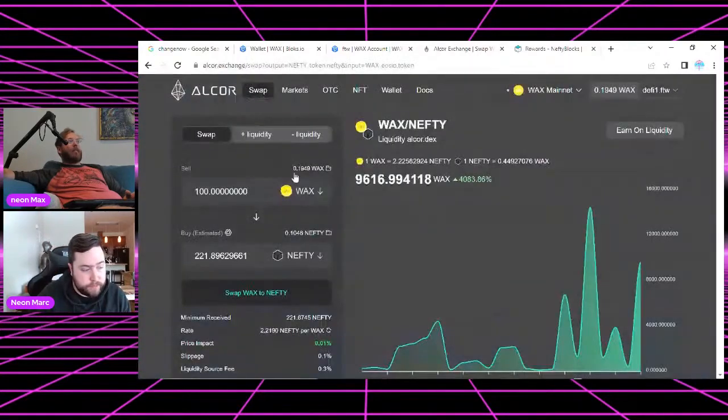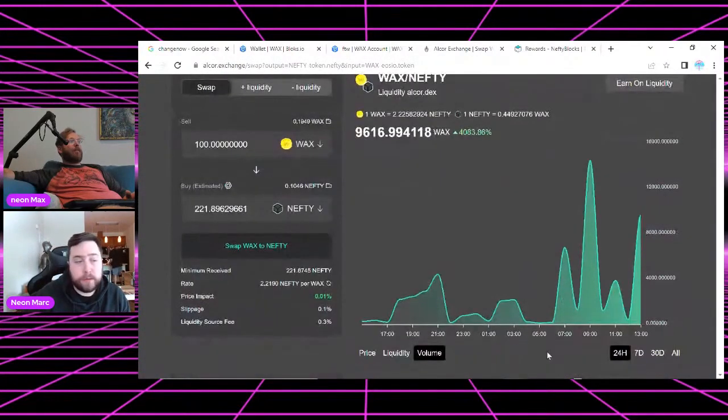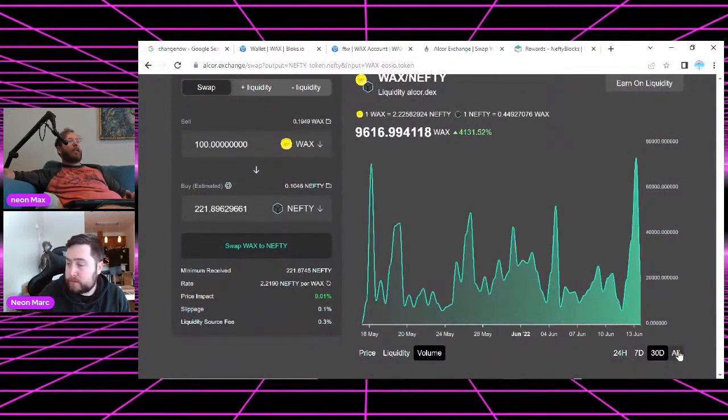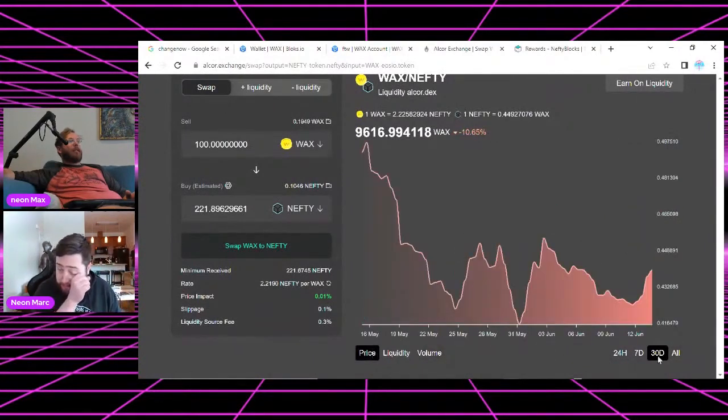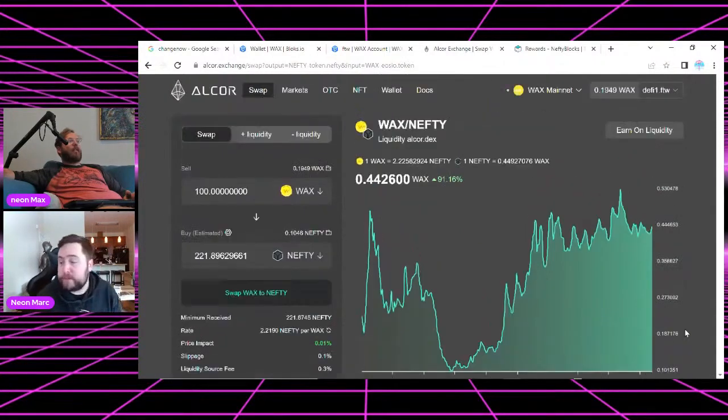Mainly, I also really like this pool because if we look at the price movement in it, we go to price, and that's 10% in a month. Not terrible. But here you see all time, it's not really lost its value relative to Wax since the liquidity pool was introduced, which was around here. I think I started farming this token literally day one, all the way up and then all the way down. And then I think I sold some around here,